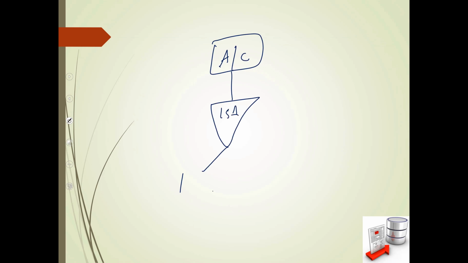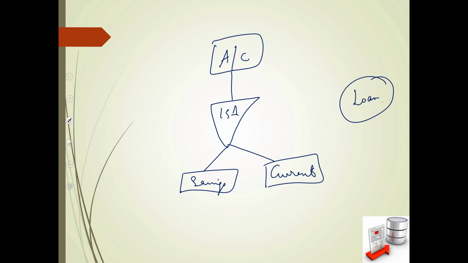We can again look for another example. Think about account in the banks. An account can either be a savings account or a current account. If this is my diagram, where are the loan accounts? If I have a loan account, the loan account is very well an account, but in this particular ER scenario of mine, I have not taken care of the loan accounts.